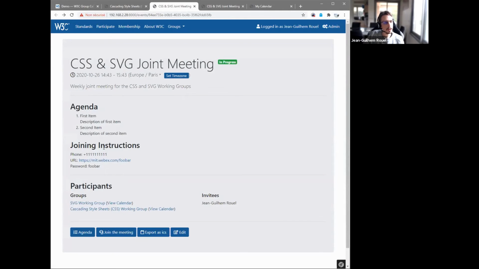Right here, I'm seeing joining instructions because I'm logged in and I have the proper permissions to do so, but it's actually restricted to trusted people.